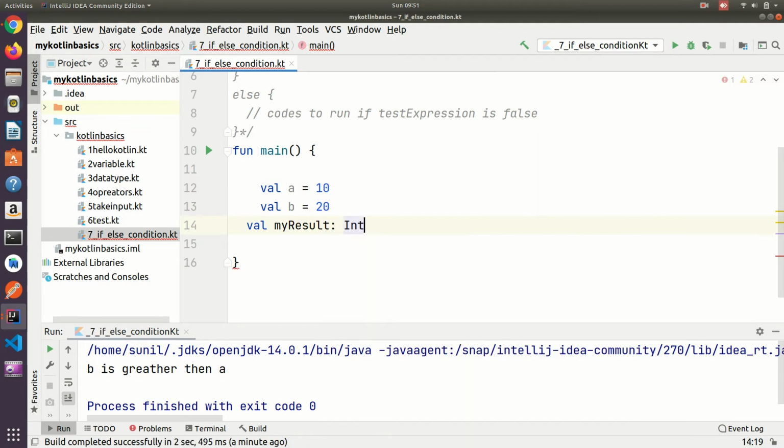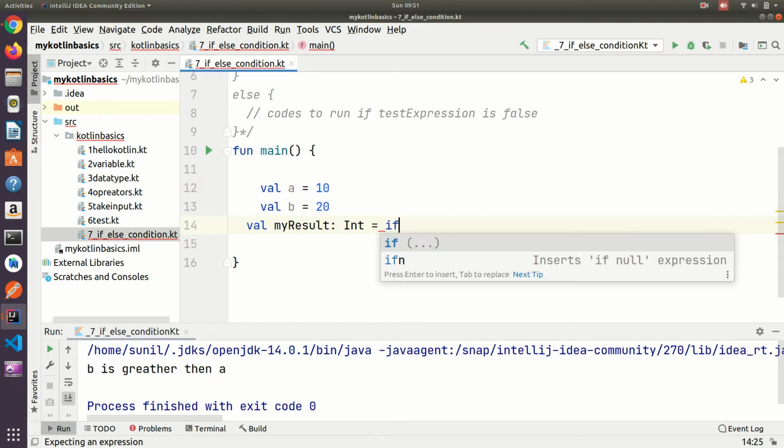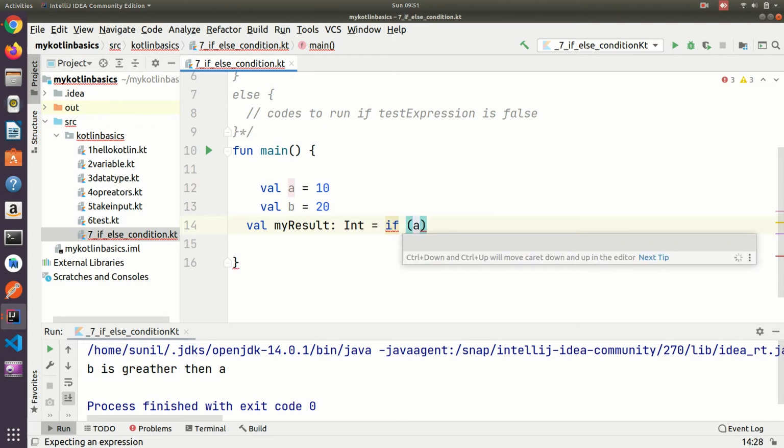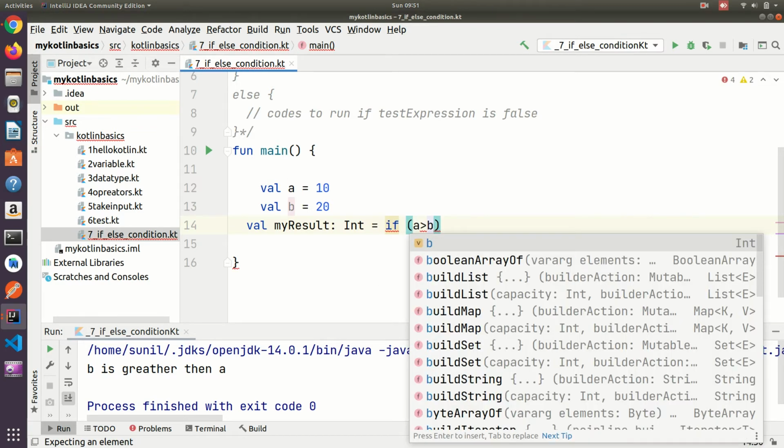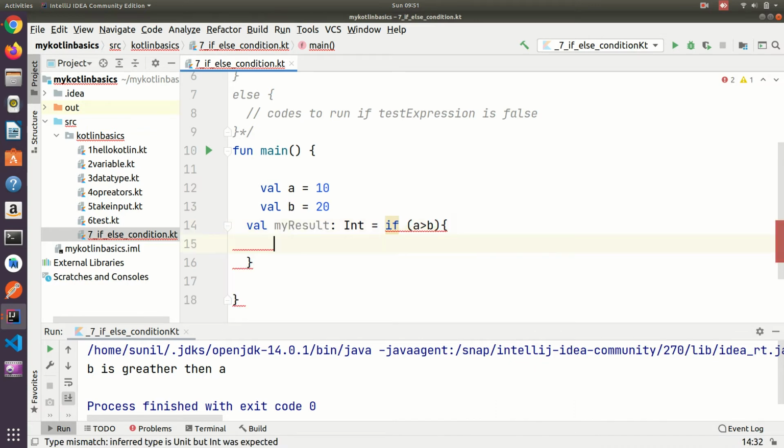So int is equal to, here use the condition, if a is greater than b, then I am going to print "a is greater than b",